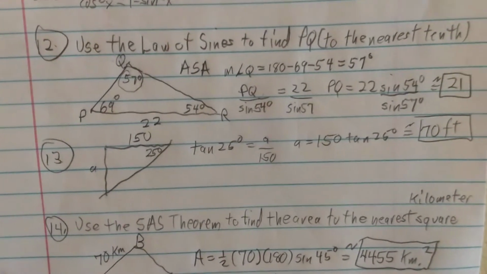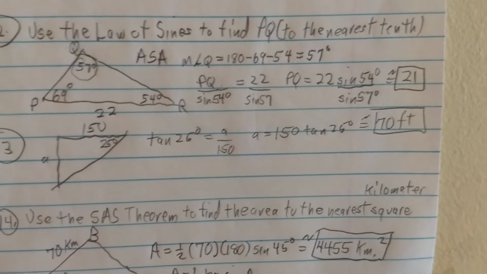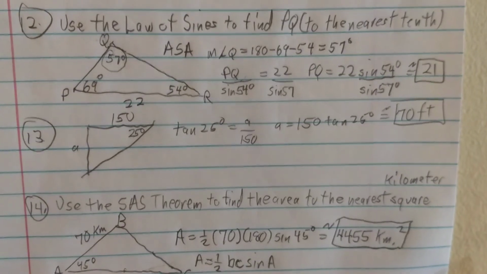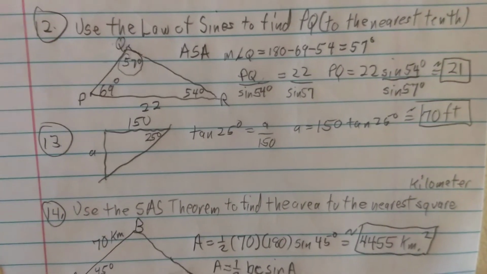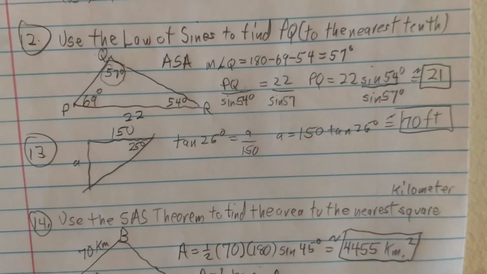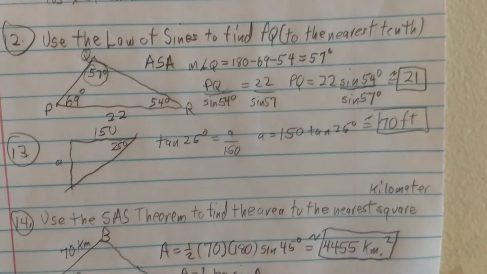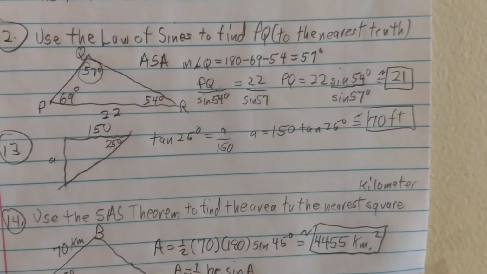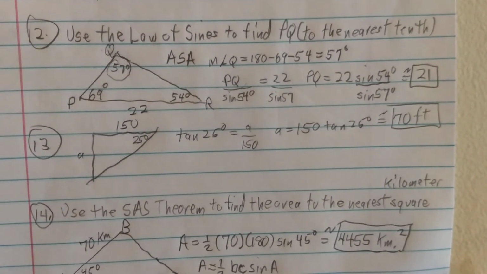Now for 12, we use the law of sines to find PQ to the nearest tenth, and we're given that angle P is 69, angle R is 54, and PR is 22, which gives us an ASA triangle, 2 angles with the side between, which is definitely for law of sines. So now we need to find angle Q to get the side we need. So we can say angle Q is 180 minus the 2 angles that we were given,